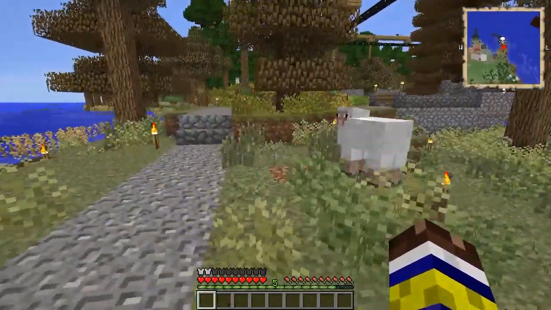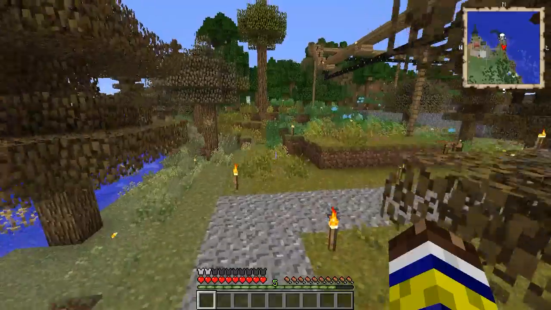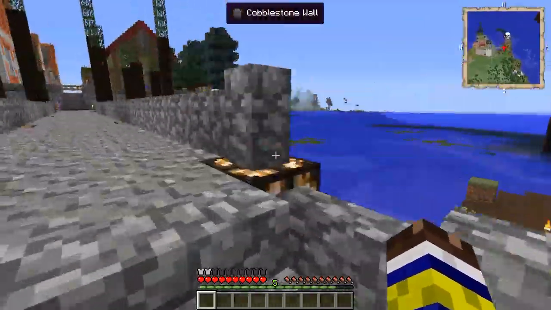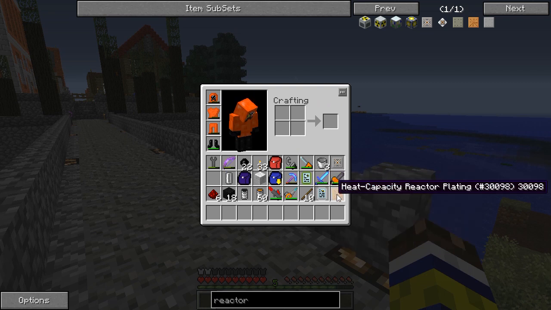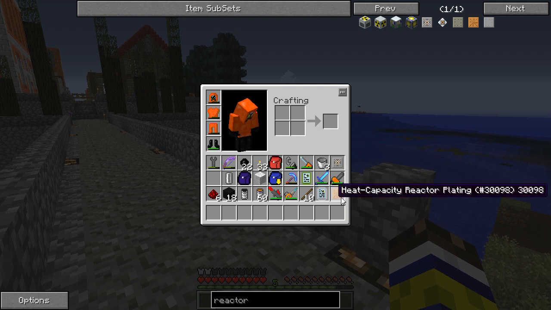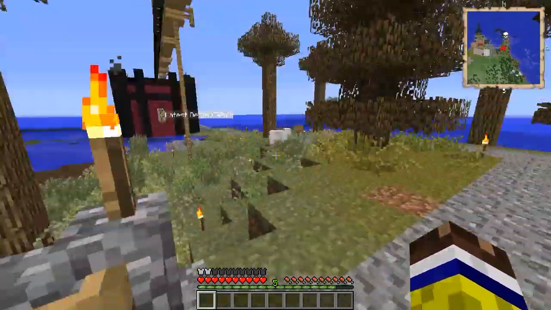That's not supposed to happen like that. Stuff is not supposed to shift around on its own inside the reactor. I did not click middle mouse. I did not do anything of the sort. But in any case, the end result was that the heat capacitor reactor plating there did not live up to